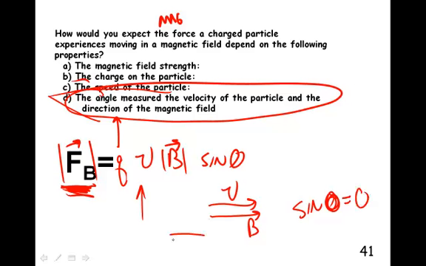Or if V is in this direction and B is in this direction, then the angle would be 180, and I know that the sine of 180 is also 0. So by throwing this sine in there, I'm getting a factor that will give me 0 if the velocity and magnetic field are either in the same or opposite direction. And that is